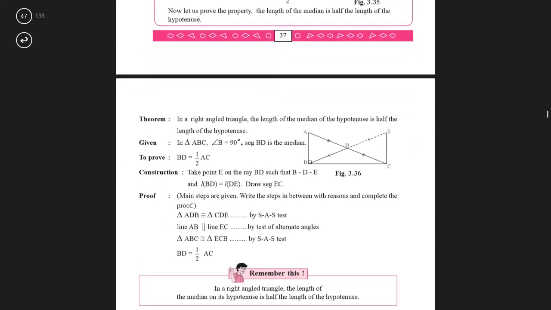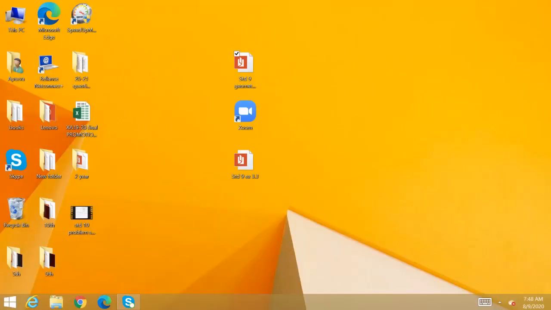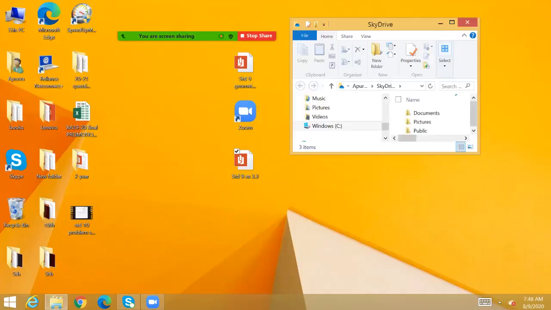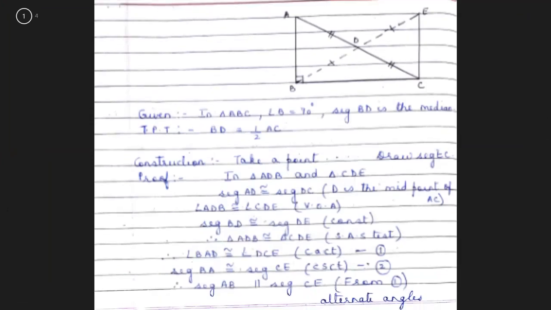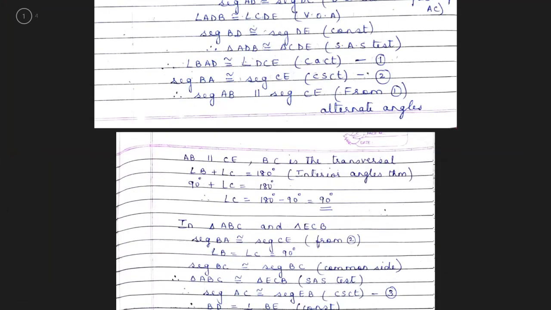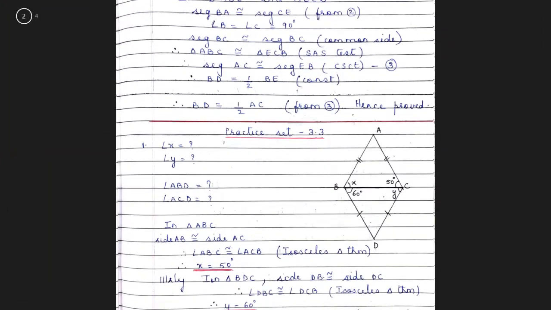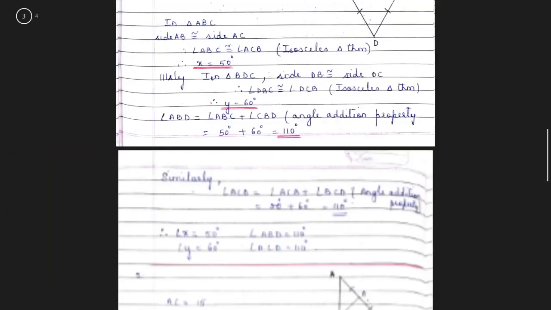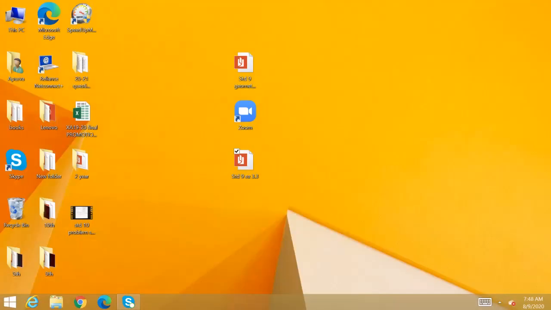Then we come to this particular theorem. Now this theorem I have explained to you. Here you need to write this complete theorem. See, the theorem should be written like this with the complete proof. What is there in your textbook is only partly written. So this complete proof you can write. After that, you will solve exercise 3.3 with all the 4 questions. Okay. So with that, you will be finishing exercise 3.3.